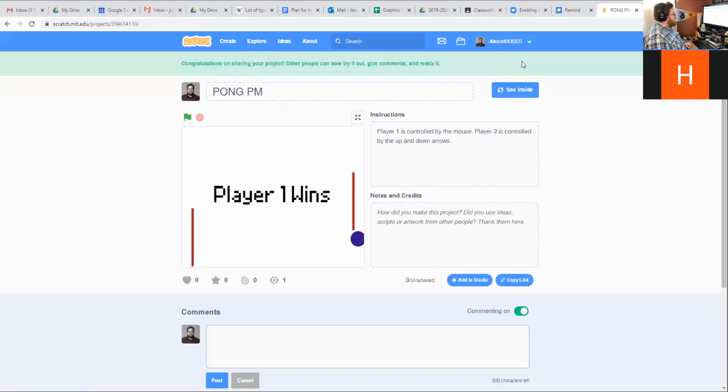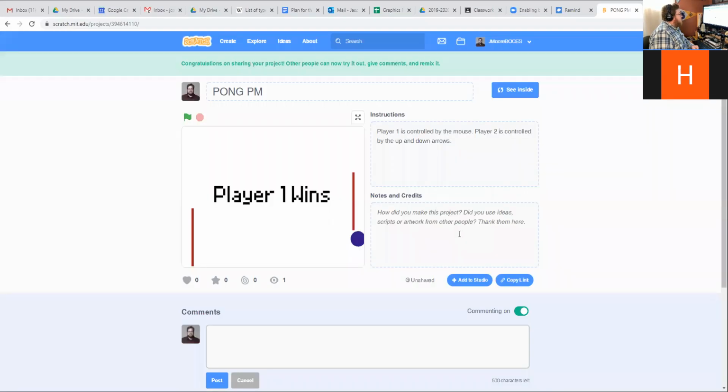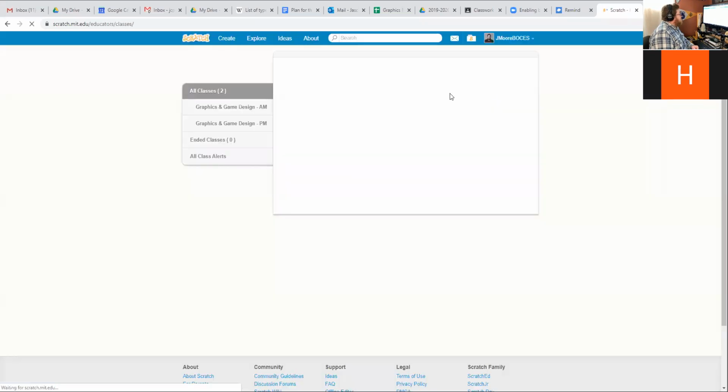And I'm actually going to click share. That makes it public so that anybody can see it, not just you as the creator. And I'm going to go right down here to where it says add to studio. And you'll see any studios that are part of our class show up here. Now I have 4 of them because I have the 2 classes, and this is the one for our class here. So I'm going to just click our second Scratch projects and click OK. And now when I go into my classes and go into our class,